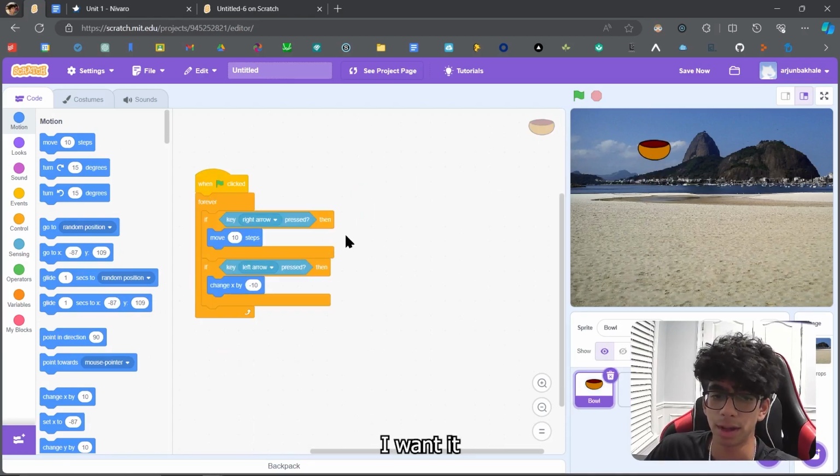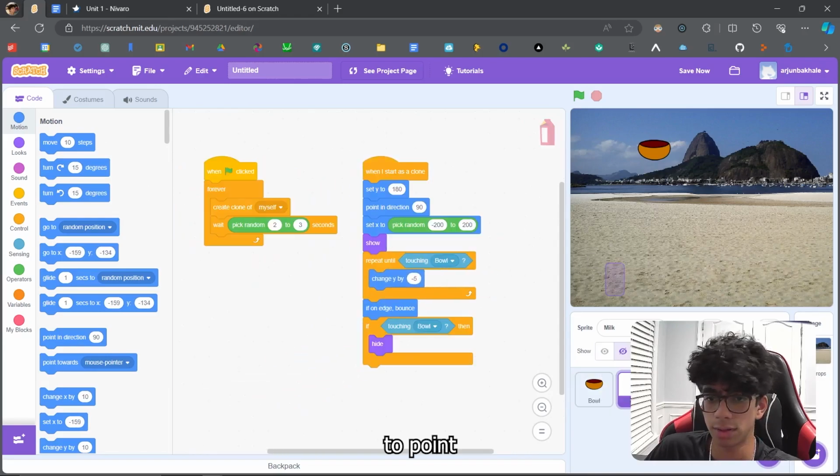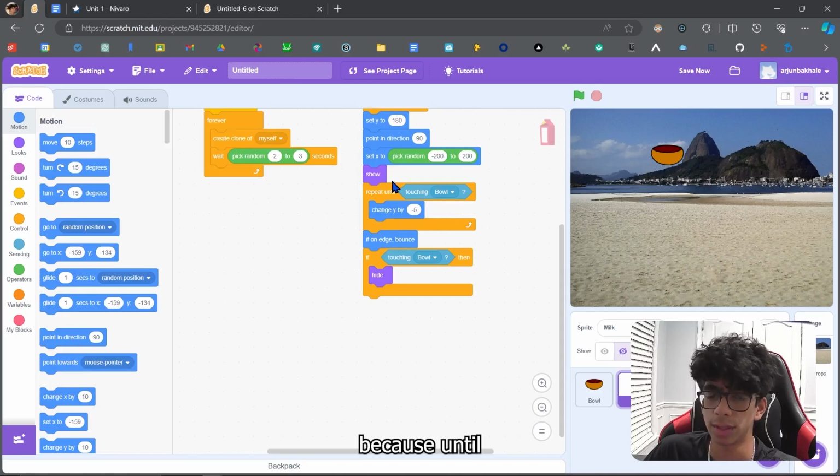And then I want it to point at 90 because that makes it face down so it can fall down. And also I said set X to pick random between -200 and 200 since it starts at a random X coordinate. Then it should show itself because until now it was hidden. And I want it to keep changing by 5 until it's touching the bowl. And this if on edge, make sure